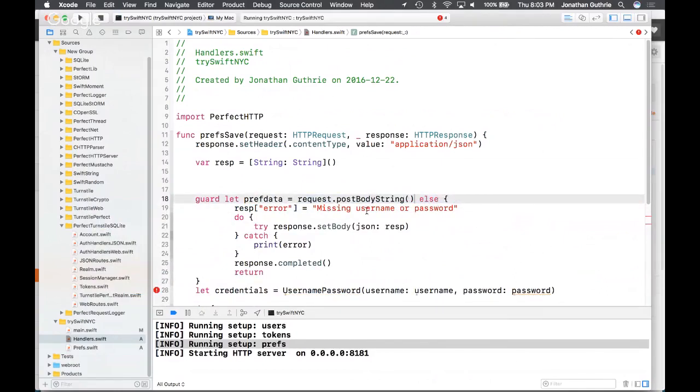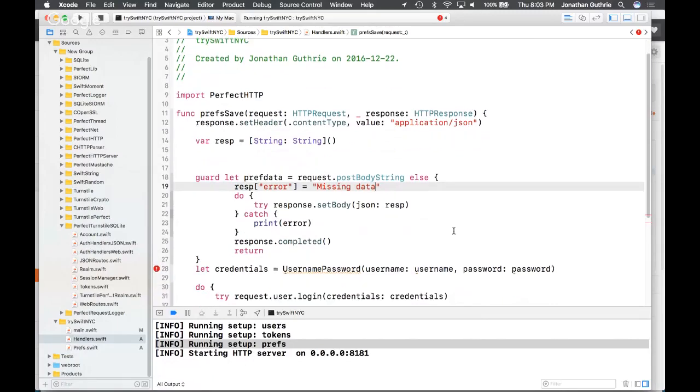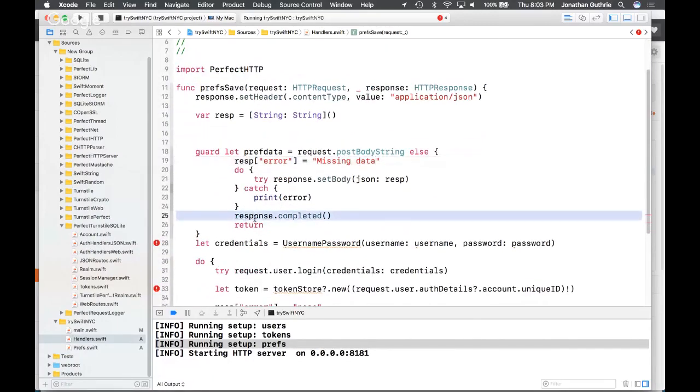Else, if there's no pref data, then it's going to respond saying it's missing data. Okay, and then response completed.